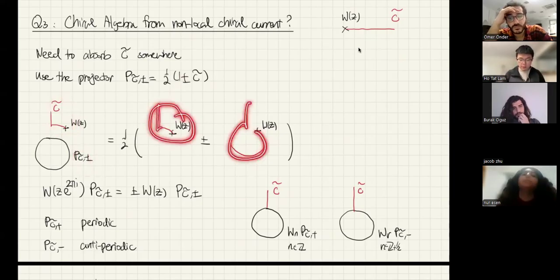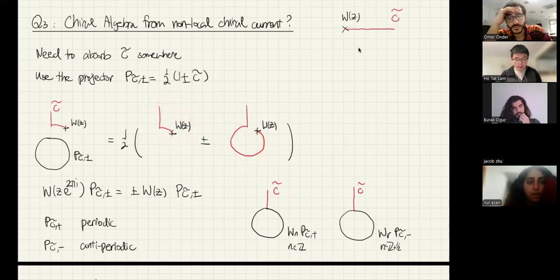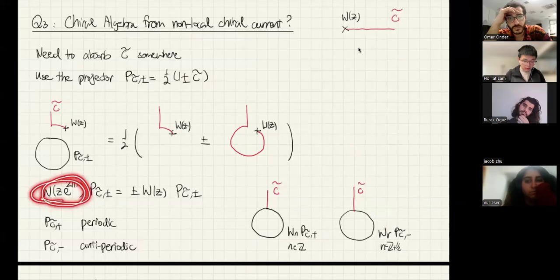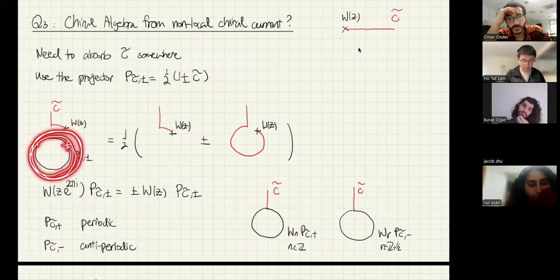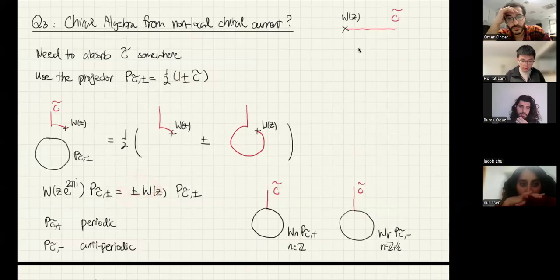The use of projectors is that if I take this very particular linear combination, these chiral operators actually have a well-defined monodromy when moved around the circle. They have trivial monodromy living on P plus, and they have non-trivial monodromy of a -1 phase when living on P minus. So this operator is periodic on P plus and anti-periodic on P minus, and that tells us that we can again expand these operators into